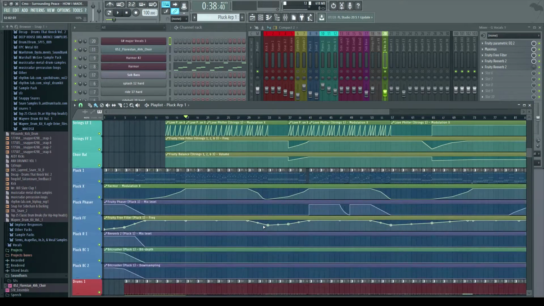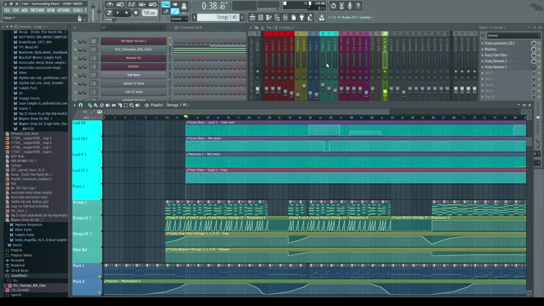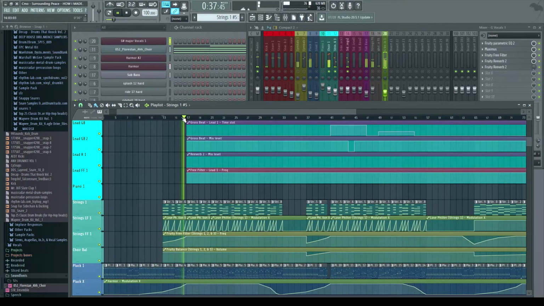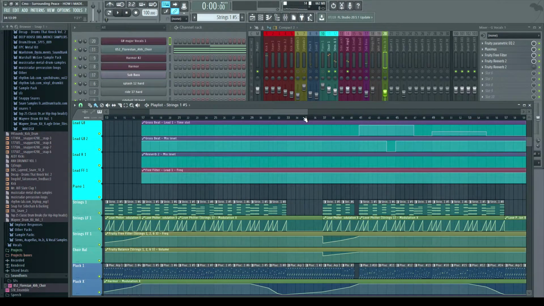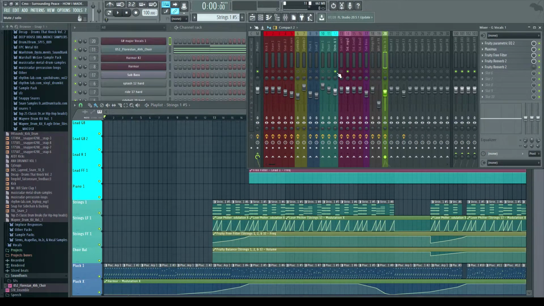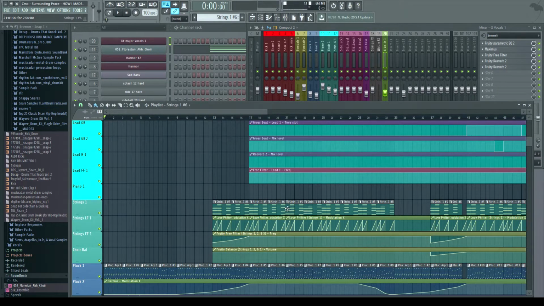After that, we also have this choir here, which I actually kind of like. It reminds me a lot of the song You With Me in the way I did it. It's just a rising choir type of thing with a low pass and whatnot. Nothing too special, but it is pretty cool in my opinion, and it just adds to the song overall.